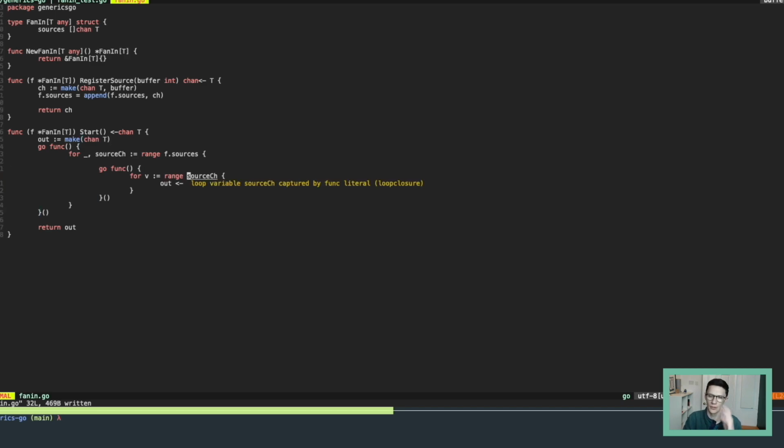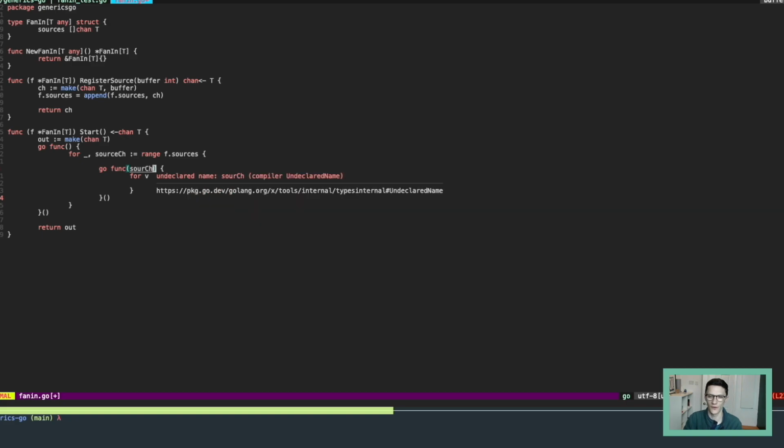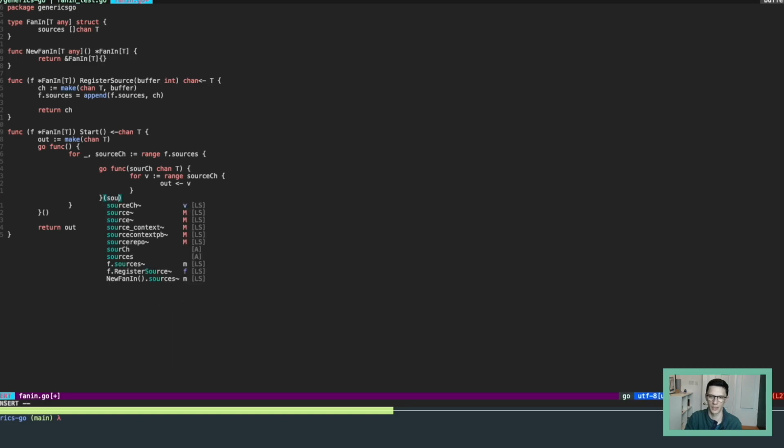What we do need to worry about is sharing the source channel memory, because if the Go routine fires after the for loop has continued, as it probably will do, what we'd end up with is consuming the last source channel multiple times, which is not what we want. And we can solve that simply by passing in the source channel like that,